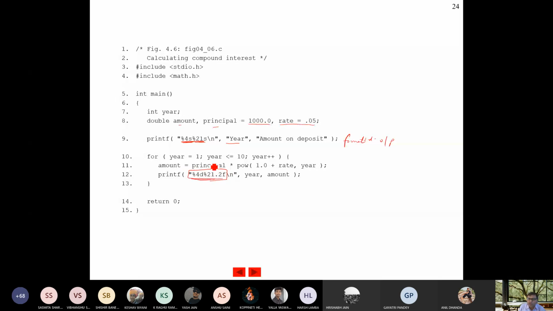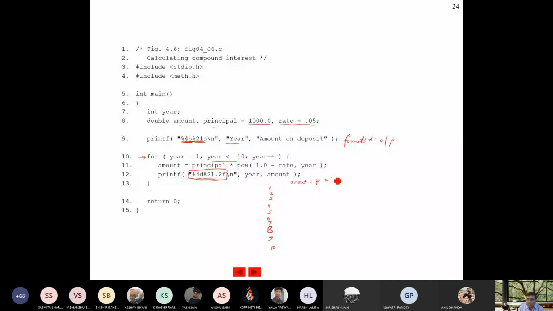For year equal to 1, year less than or equal to 10, this loop will run for 1, 2, 3, 4, 5, 6, 7, 8, 9, 10. You can decide initially how many times this loop will run. Now the amount is given as principal multiplied by power. What is the power function?